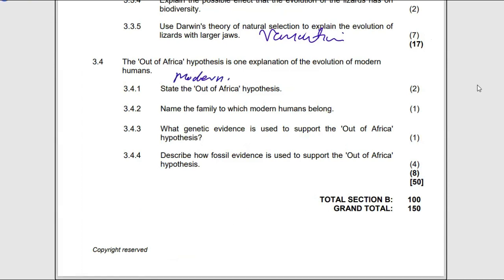However much they might not give it as a marking point, in most cases we criticize when the word modern is not there, because not all humans are modern. Homo habilis were humans. That's why you call it Homo, which means a man. Homo erectus were humans. That's why it's called Homo, a man. Homo sapiens is a human. That's why you call it Homo,